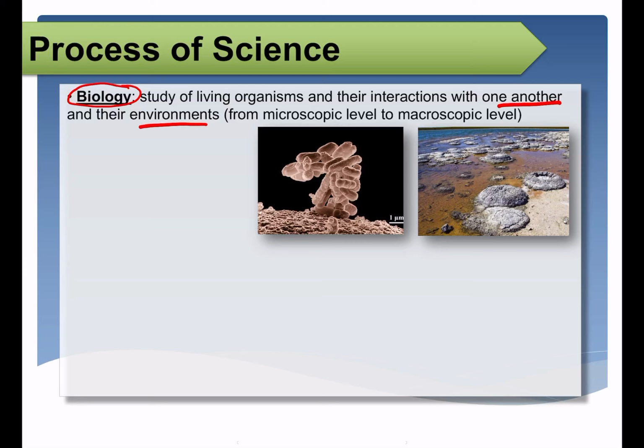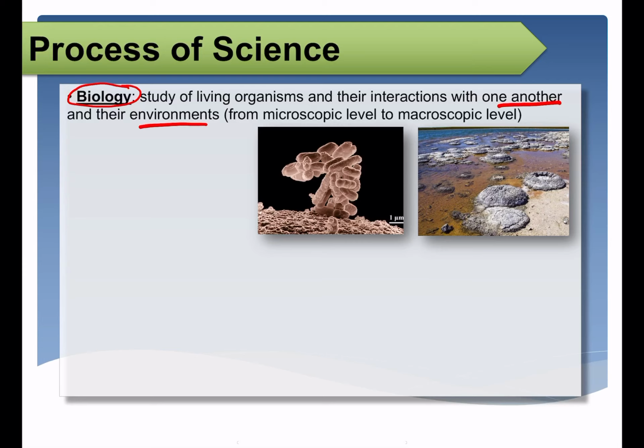Well, microscopic level is where organisms cannot be seen with the naked eye, but with the help of a microscope, which is why your lab 2 teaches you how to use a microscope, because a lot of the things we see and study in biology cannot be seen with our eyes alone. There are tiny, tiny little creatures that we will study in this class that require the use of microscope. And also for your upper level biology classes such as microbiology and anatomy and physiology, where we're looking at microscopic